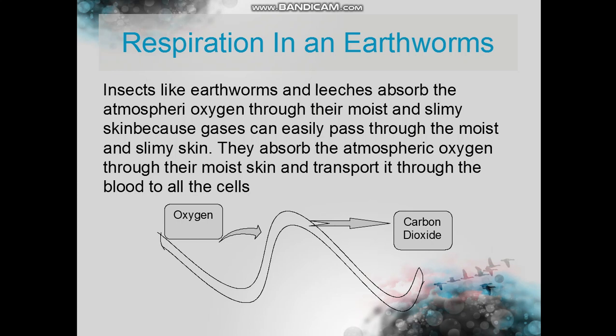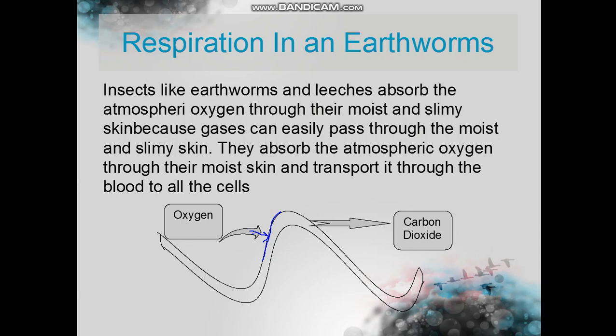Suppose this is the diagram of a snail. Now what happens is it has a very moist and slimy skin. It looks like we have taken it out of water. So from this moist and slimy skin, they absorb the atmospheric oxygen from the surface itself,